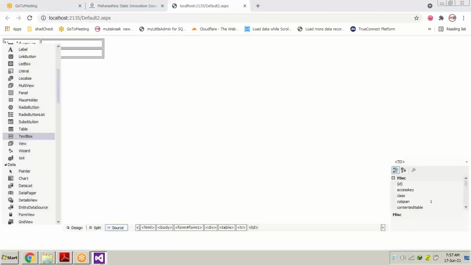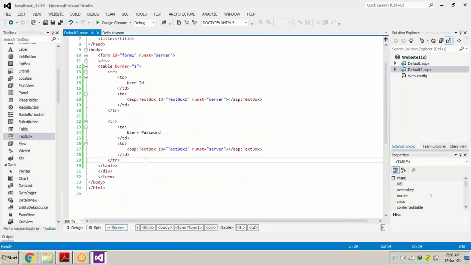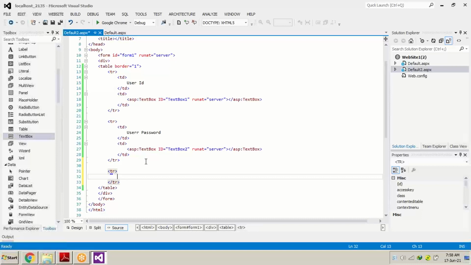So you can see this is the basic, beginner way to design a login form. Now we have created a user ID and a user password text box. At the bottom we require one button to press so that we can log into some other page. So we will go to the designing page again, where the TR is ending. We will press enter, come down, and add one more TR, one more table row, and we will create only one TD.